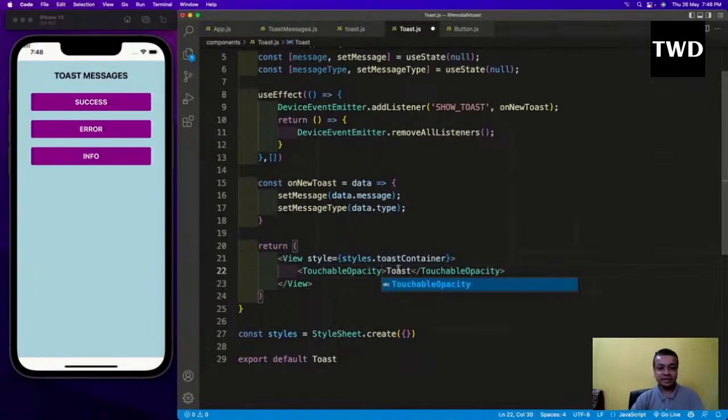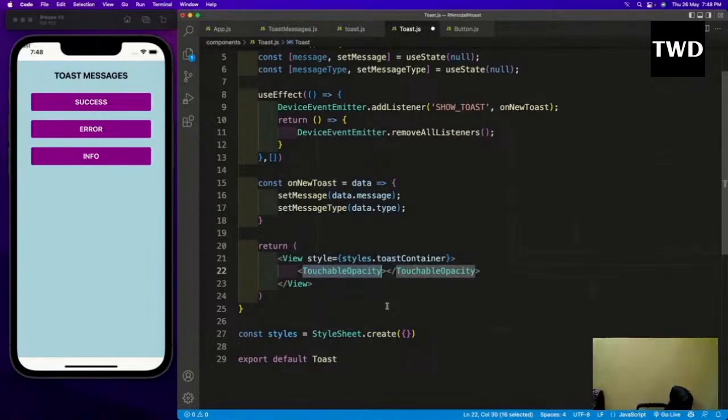TouchableOpacity, and then I will have to include this TouchableOpacity. Okay, so this TouchableOpacity is there, and then